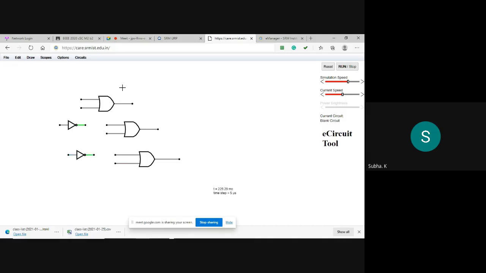Then finally I have to multiply all these things to take the product of sum, so I am using an AND gate. There is no 3 input AND gate, so in order to multiply the 3 outputs, I am using another AND gate. Like this I have assembled the components. Have you finished up to this part? Because sometimes if the connection is wrong, you will not get the answer.